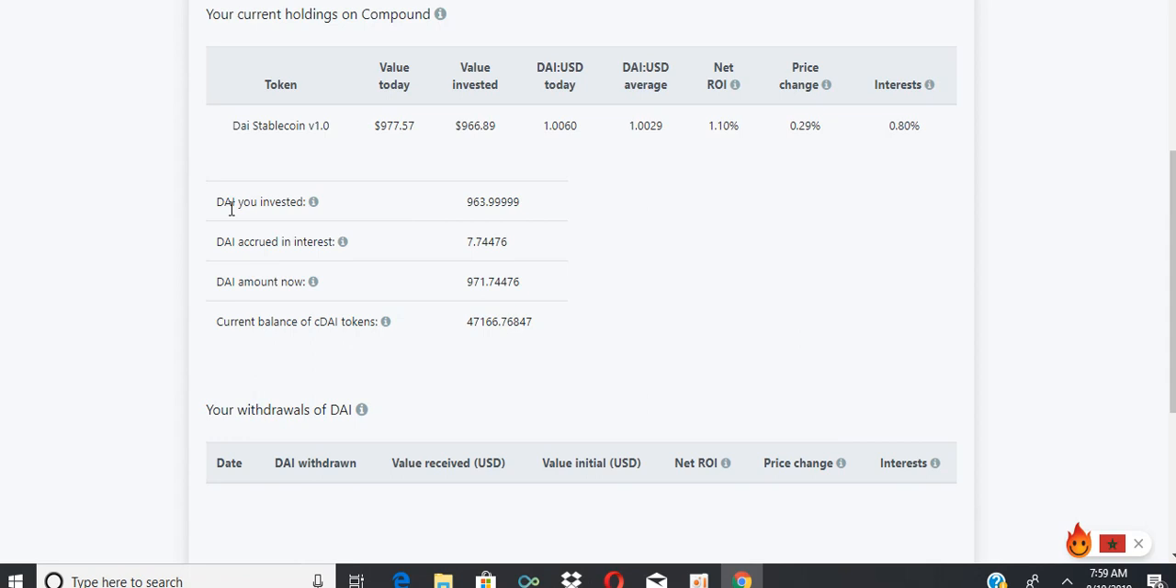Now, when we look at the DAI that was invested in, which is your initial investment position in DAI, at the time when you invested, it is 963.99999 in DAI. The DAI accrued in interest so far, which is the amount of DAI you earned via Compound accruing interest, is 7.74476. The DAI amount right now, which is your current investment position in DAI, and this is equal to the initial position plus the accrued interest, is